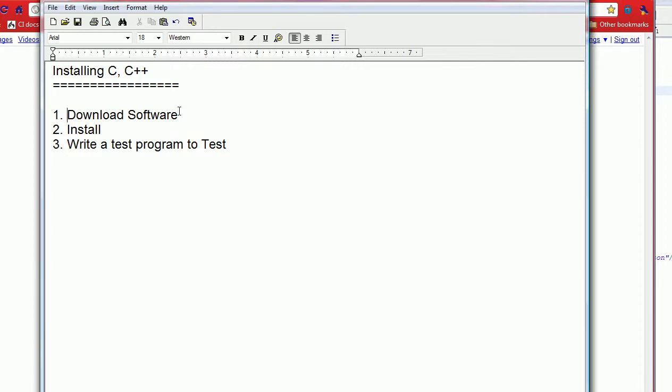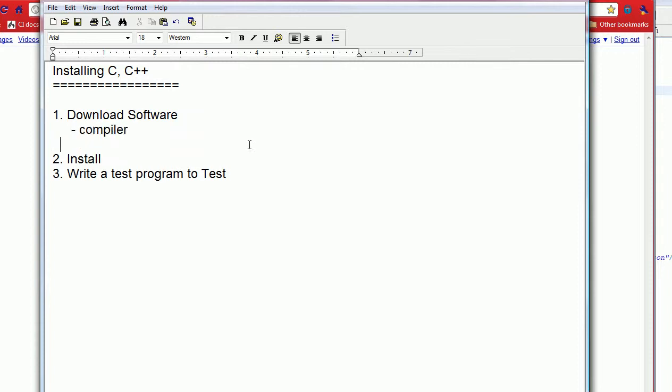Now one thing you should be aware of is that to learn C++ you basically need two things. One is the compiler, and you need something called an editor, or an IDE, which stands for Integrated Development Environment. Basically, it's a text editor where you can write a program and compile it. So we will go through